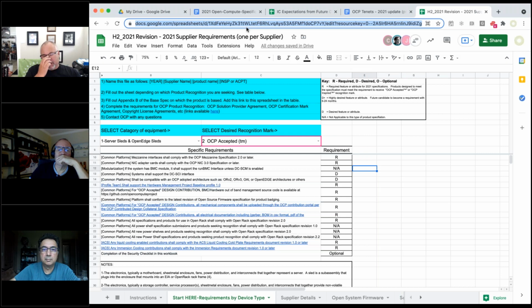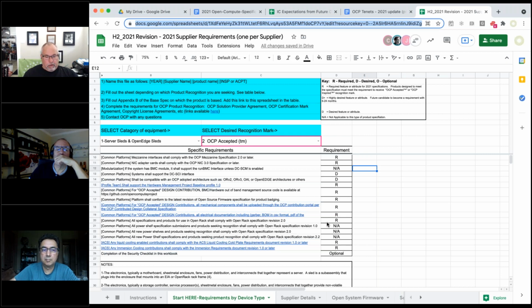Well, let me go back and walk through what I did here, and maybe there's some way we can use this to dynamically create a template. How this works is you select cells B8 and C8, and then it looks at the lookup table and fills in the requirements, either desired or required.